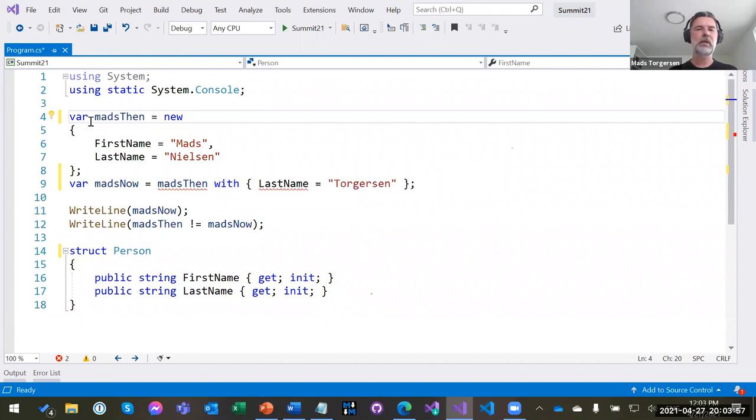So once you have this declaration here, I can then do this with expression on this type as well. Even though it's not declared as a record, it is implicitly a record because it's an anonymous type. So you see how these concepts are spreading out to where people are saying, hey, why can't I do it here? Why can't I do it there? There are scenarios where people are asking for it on GitHub and other venues like here.